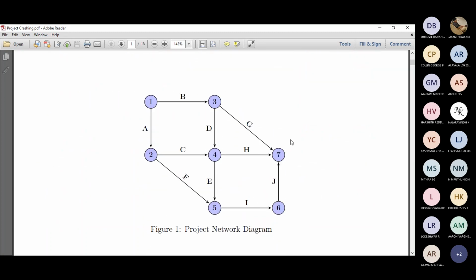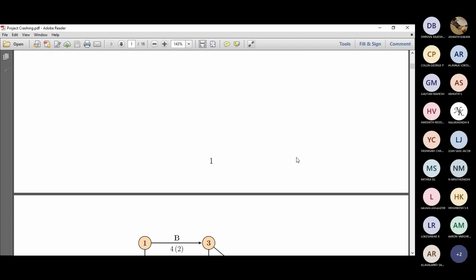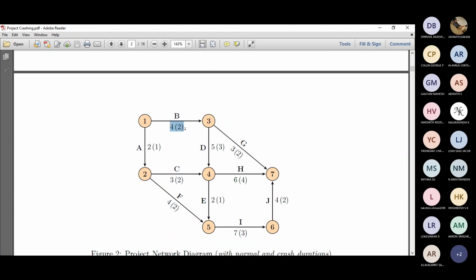So this is the network diagram. We have got A to J, and A is from 1 to 2, B is 1 to 3, and C is 2 to 4, and so on. So this is how the nomenclature is. Then this is the duration. So in CPM and PERT, we have got a single time, which in CPM is a deterministic time directly. And in PERT, we will be converting to the equivalent time. That's optimistic time plus 4 times the most likely plus the pessimistic time, divided by 6. That gives you equivalent times, and we will put it here.